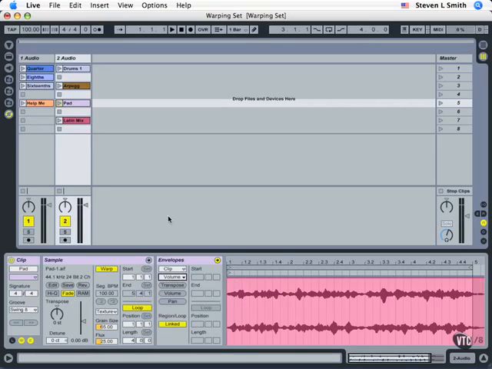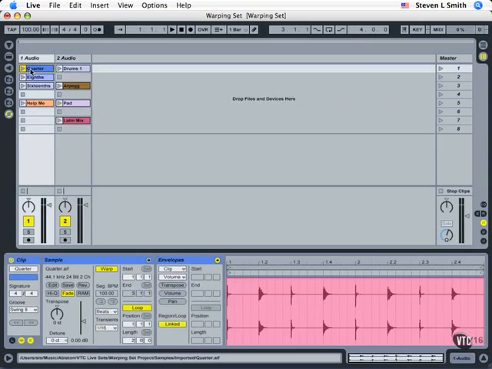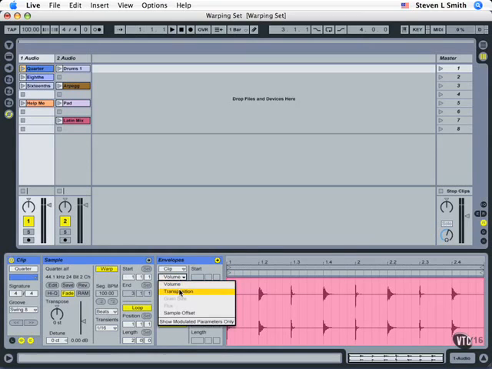Let's look now at a beat based parameter. I'm coming up here to the quarter clip. I'm clicking on this, and we can see down here that its warp mode is beats. So now under envelopes, we again see volume and transposition all the time. Grain size and flux are disabled, but a new one called sample offset is available. Now the three that we're going to focus on in this section of the tutorial will be volume, transposition, and